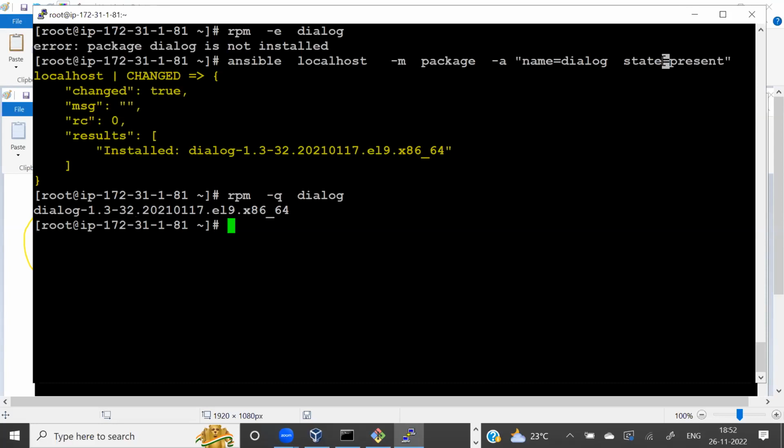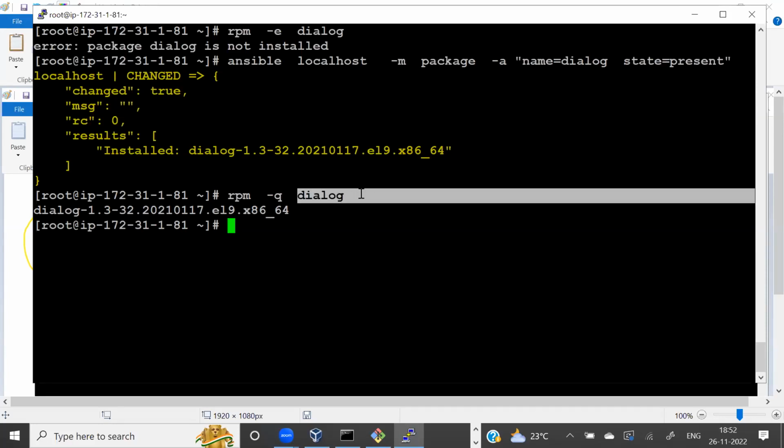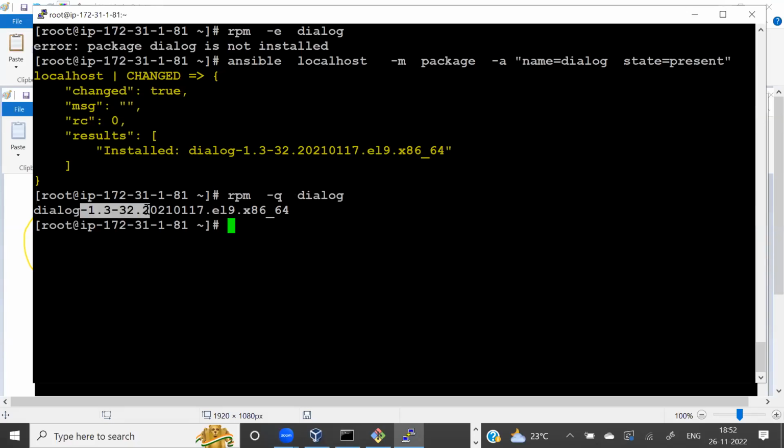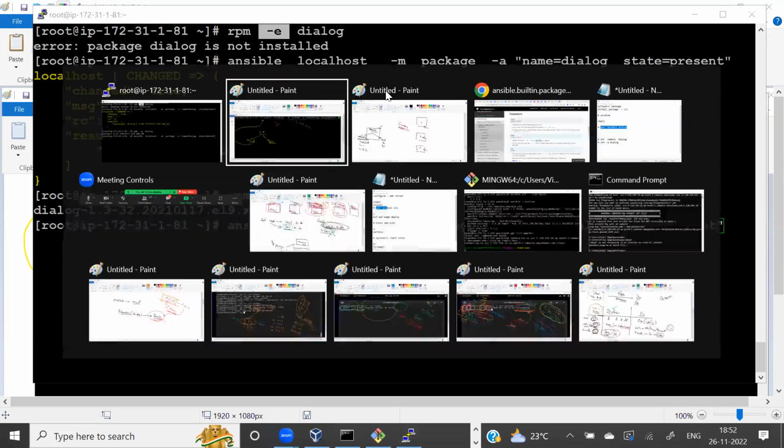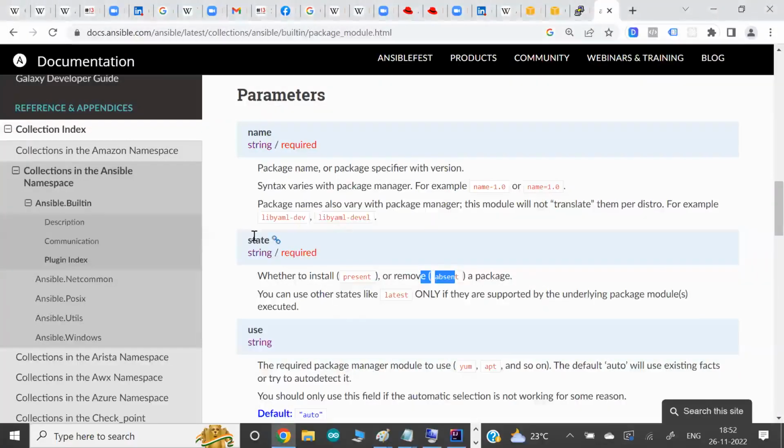Or maybe a requirement comes up. So I can say my current state is software installed. Why? Because that's what we declared to Ansible. I want my current state to be installed. But maybe we know how to install it and now want to uninstall it. So we can say now I want my current state to be absent. How do I know this keyword? I will go to the documentation and see which states are supported. They say absent means remove the software, uninstall the software.